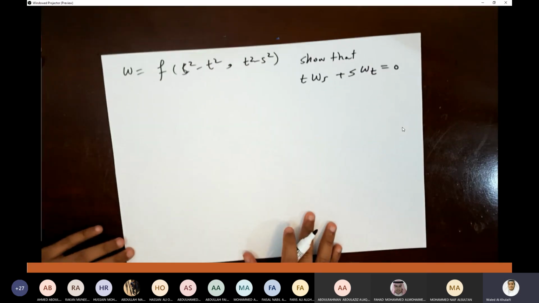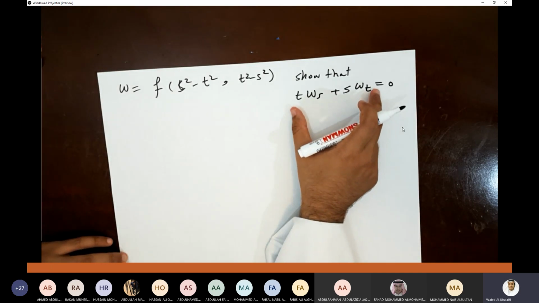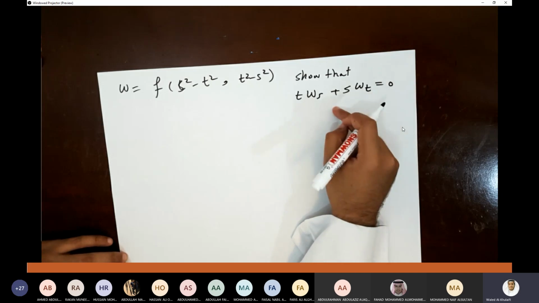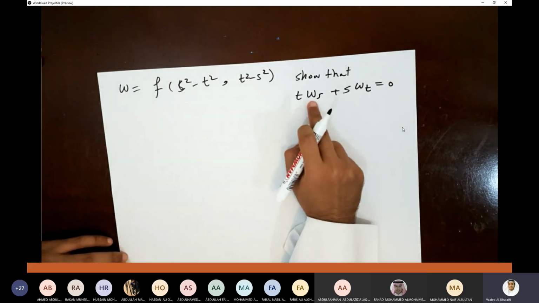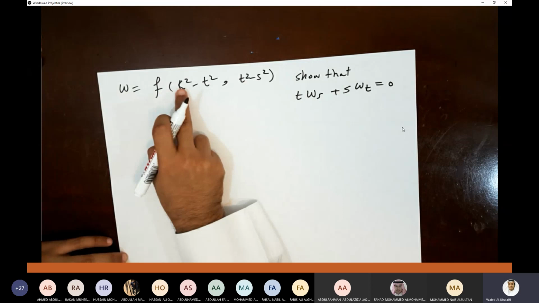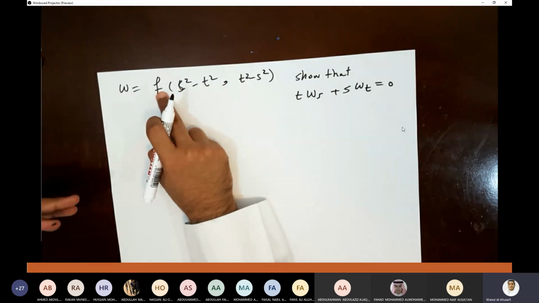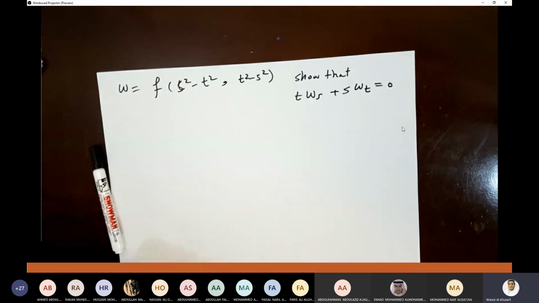Now show that. To show an equation, guys, you know that we start from the left-hand side, for example, to end with the right-hand side, or start from the right-hand side to reach the left-hand side. So we will start from the left-hand side here, because we have something here. So now we have the derivative of w with respect to s and the derivative of w with respect to t. Now this is w, and s and t are inside some function f that we don't know. So here we introduce,